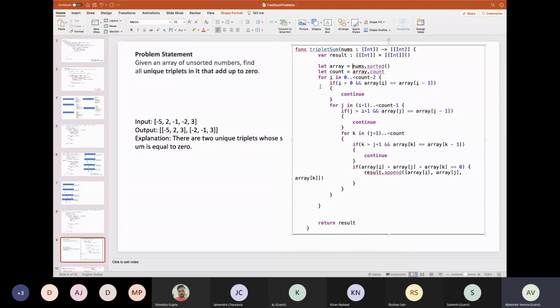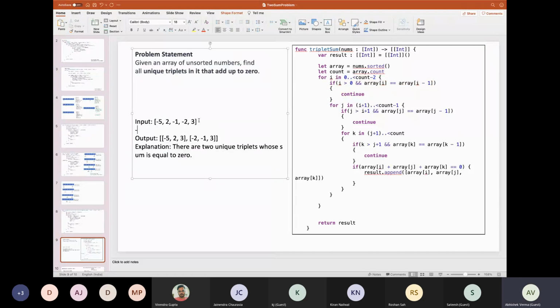Here we are also handling duplicates, so if by any chance the previous i value is similar to the current one, then we will just continue. Let me write the sorted form first: -5, -2, -1, 2, 3.